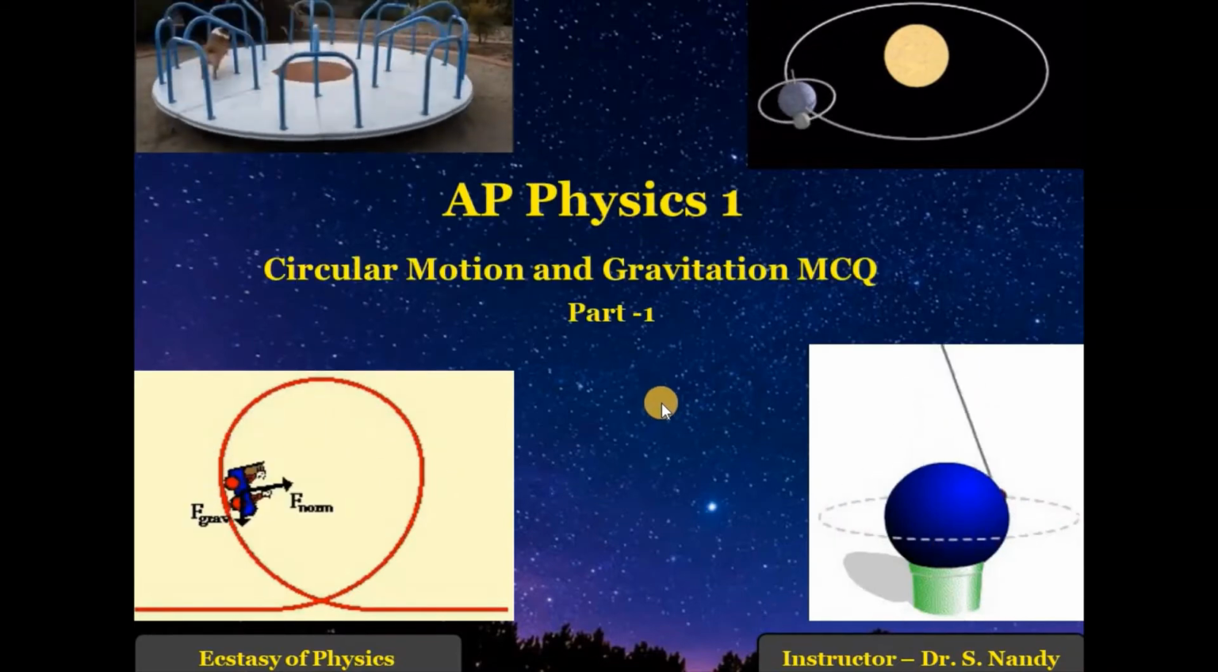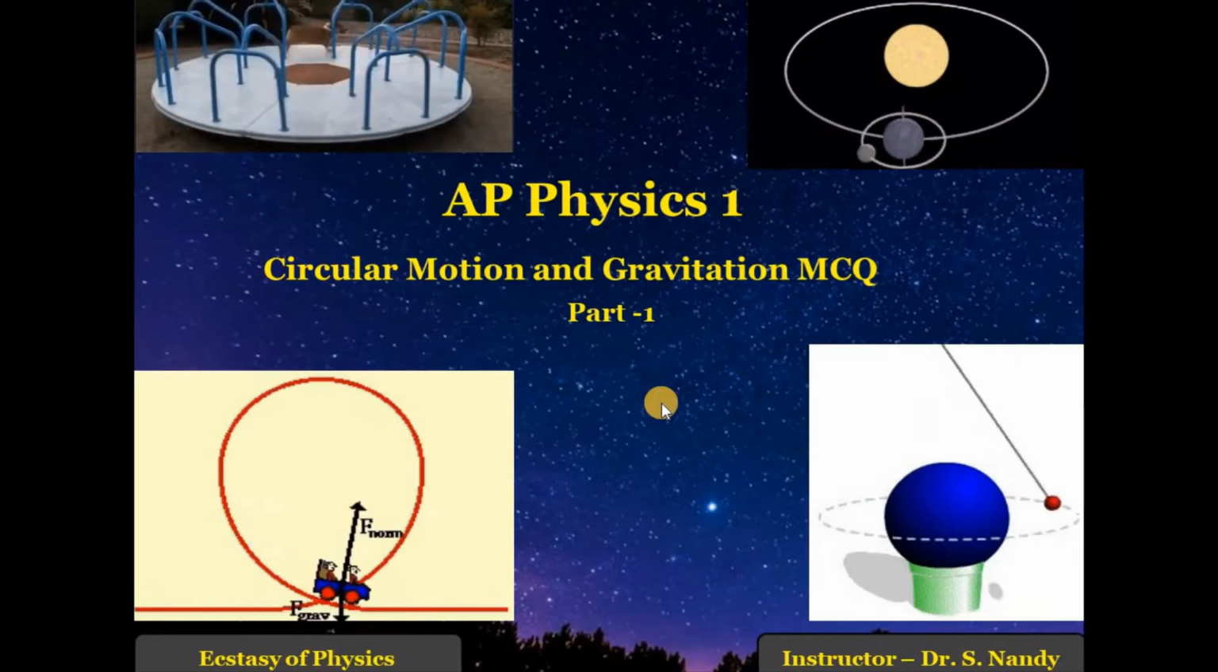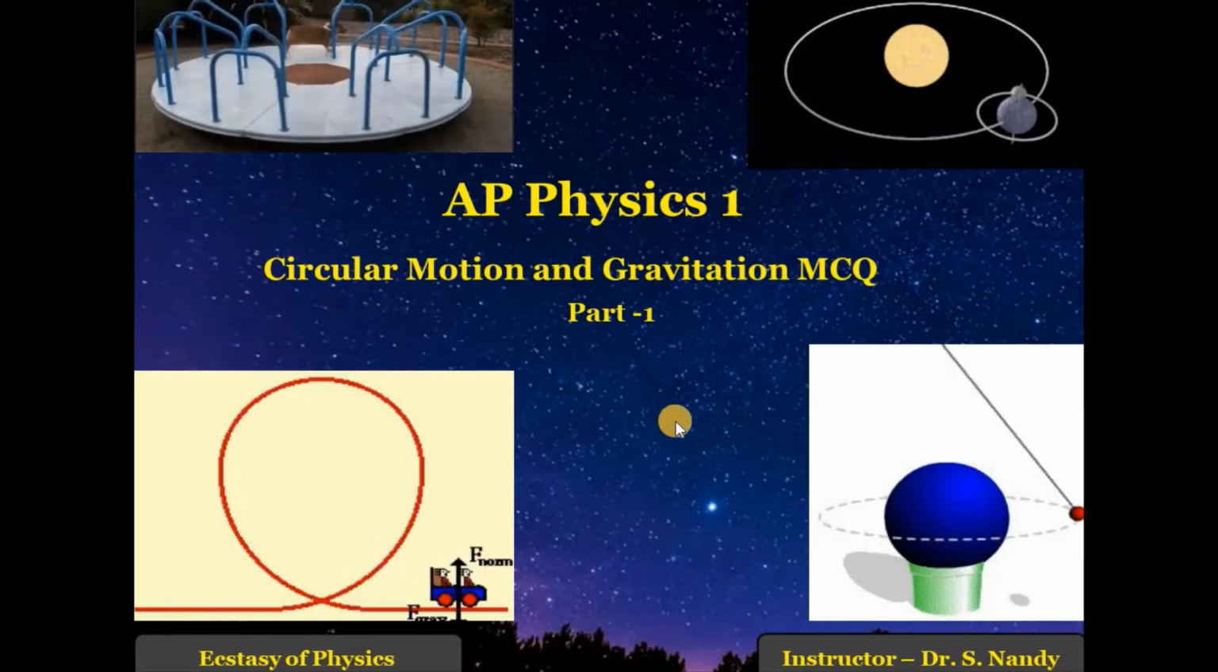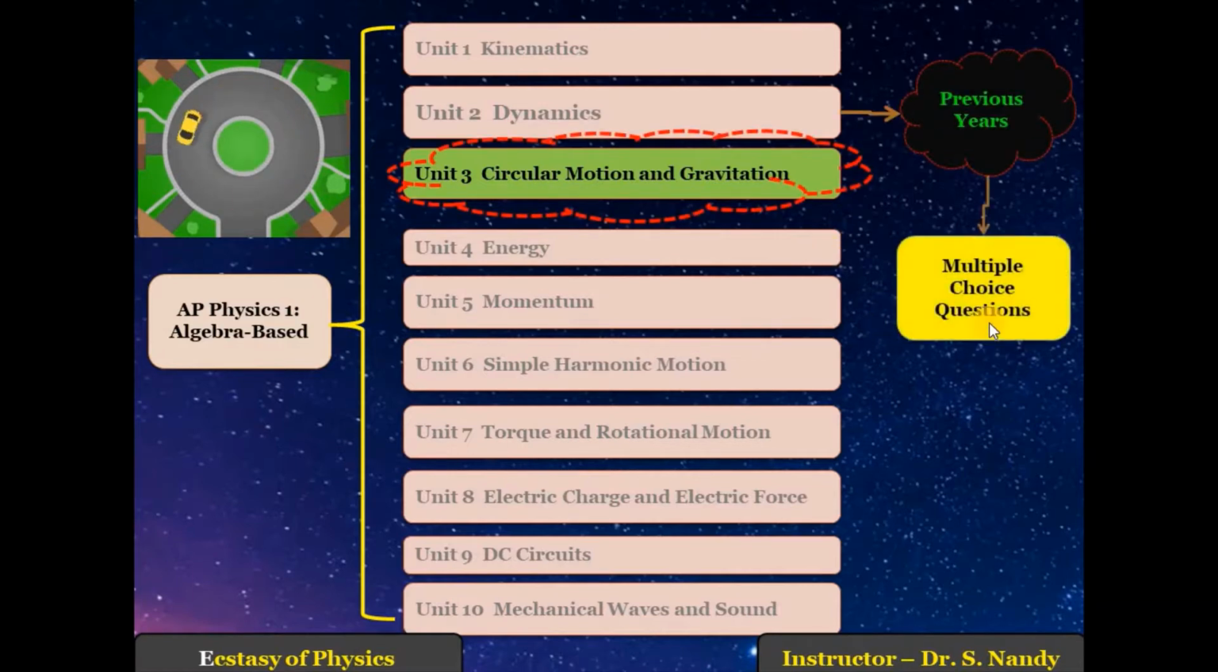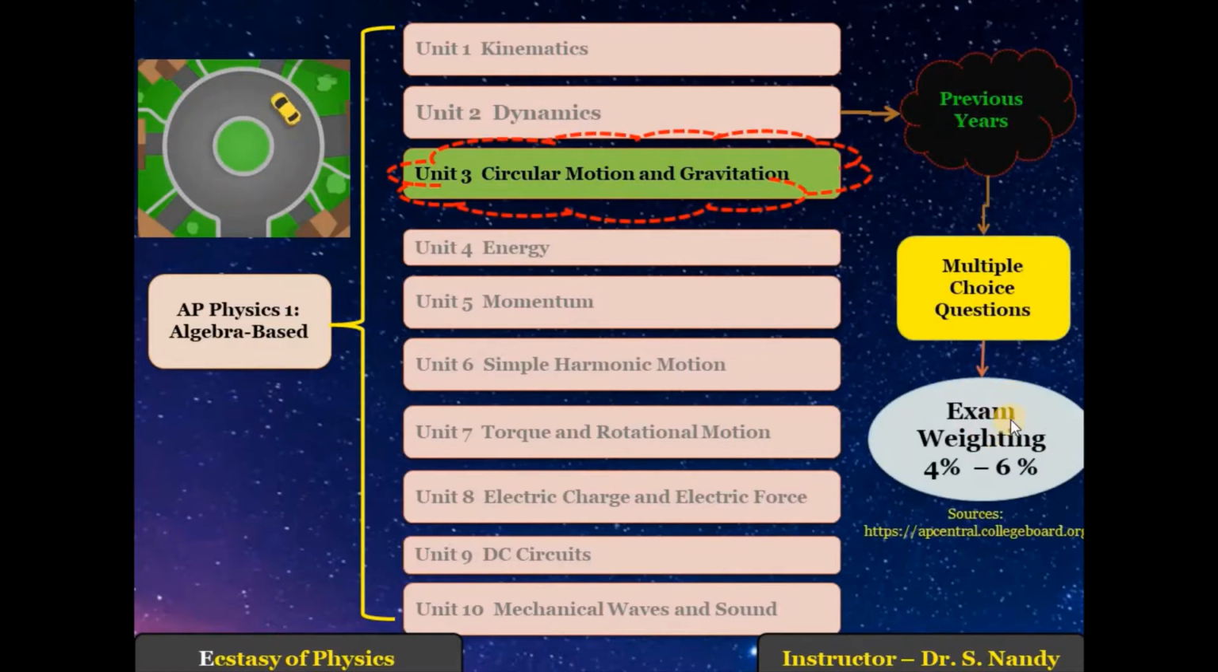In this video, we'll talk about the multiple choice questions of circular motion and gravitation that we have got in the past papers. Generally, the AP Physics 1 algebra-based course has 10 different units, among which circular motion and gravitation is the third unit. And the exam weighting of circular motion and gravitation is generally around 4